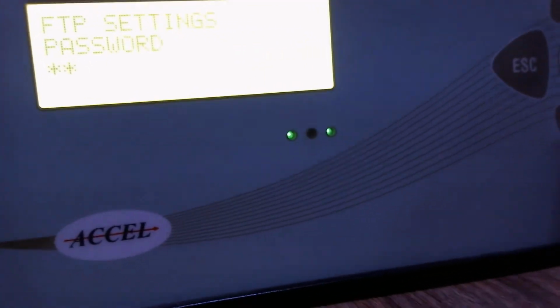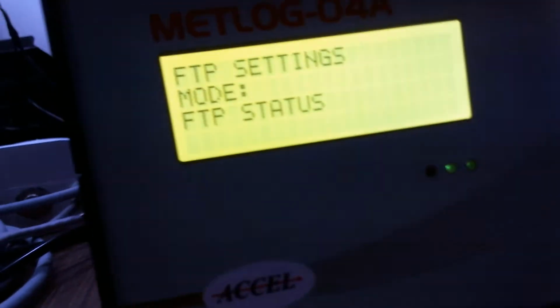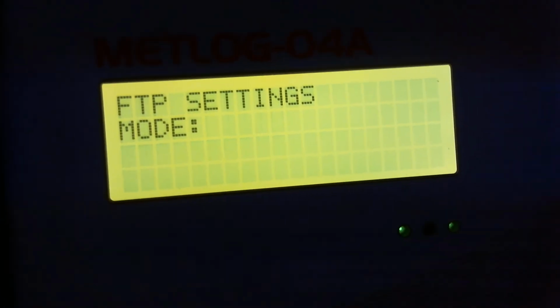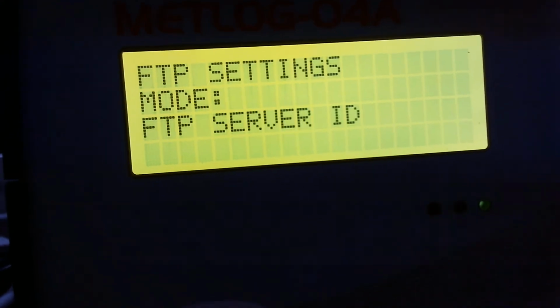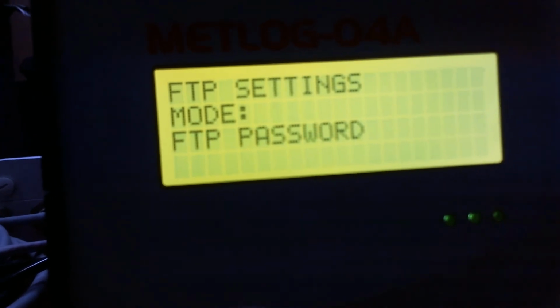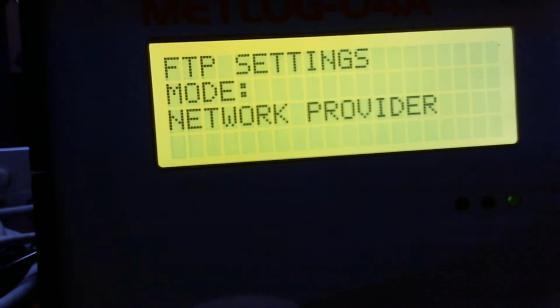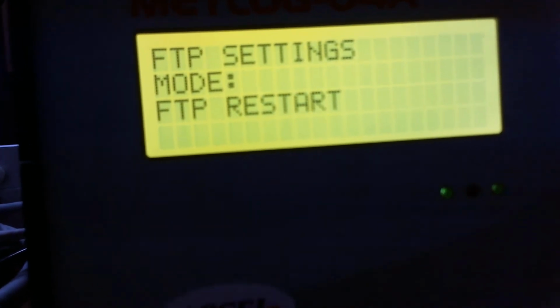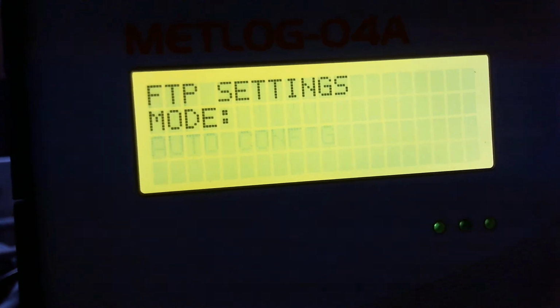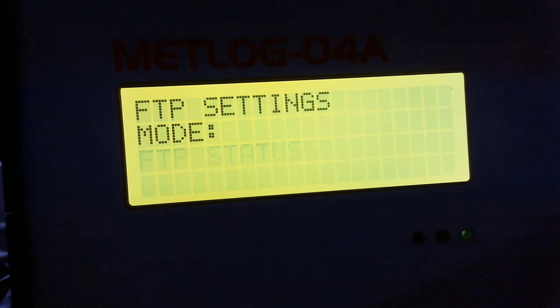Then password: increment, decrement, increment, decrement. Then what are the different modes in FTP settings? We have FTP status, FTP server ID, FTP username, FTP password, FTP port, network provider, FTP restart, auto configuration, GPRS enable, FTP status again.